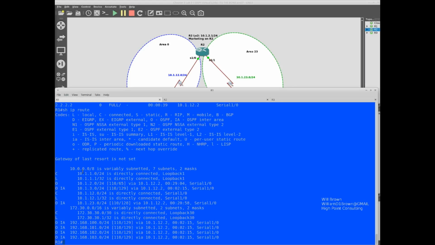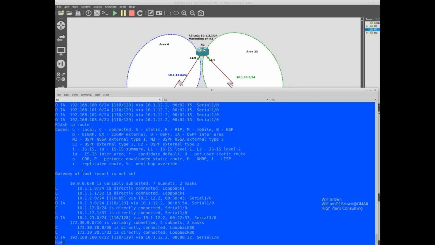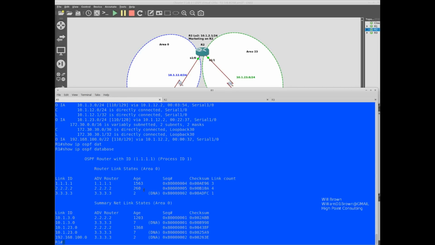Should see the same thing back here on router 1, show IP route. Again, we have a much cleaner, single line entry for those routes having been summarized. And I think let's do a show IP OSPF database. This gets into some of the details of the types of messages. So far, we know that router 1 has one neighbor that it has formed an adjacency, a relationship with, and that's router 2.